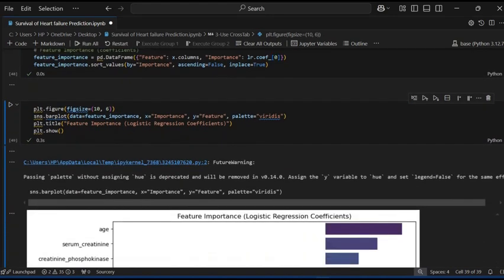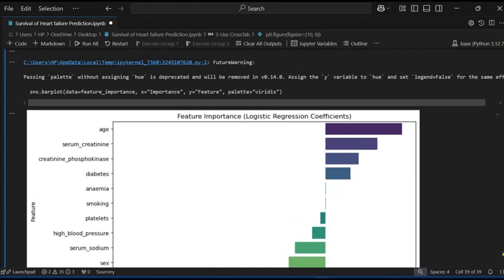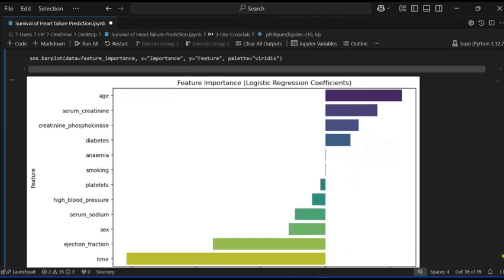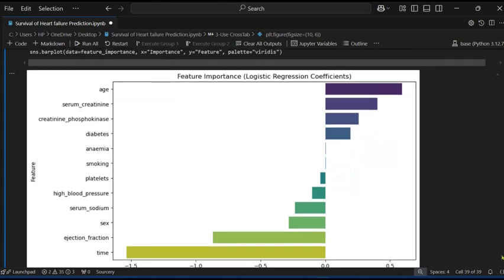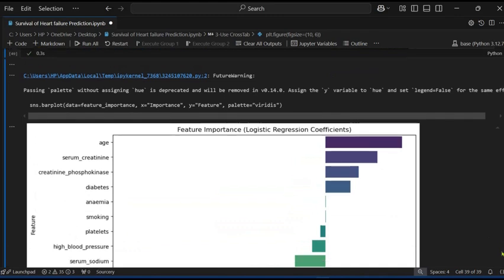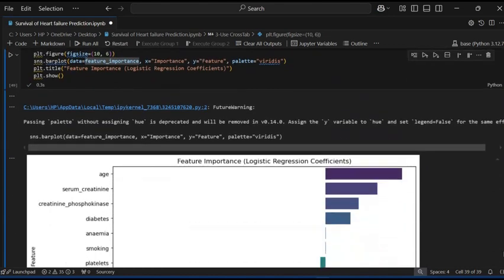So you can see it gives the feature scaling. It shows the importance of each feature in the data set. So these are the important columns: age, serum creatinine, diabetes, anemia, high blood pressure.